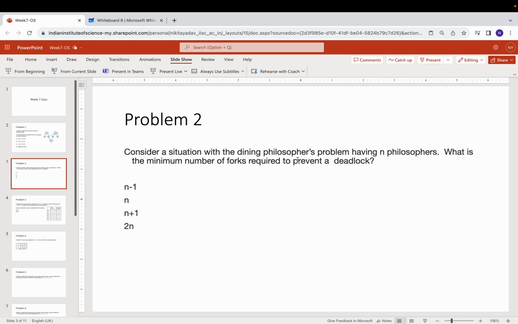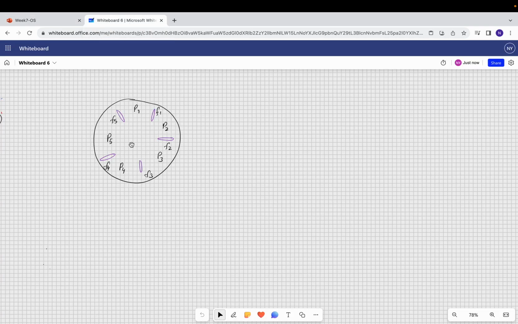forks also, if you give n forks, then you can prevent the deadlock by using semaphores. But what is the minimum number of forks that is required to prevent a deadlock? The question simply is asking that if you do not use anything else, no other synchronization primitives, then what is the minimum number of forks required to prevent a deadlock? So you need